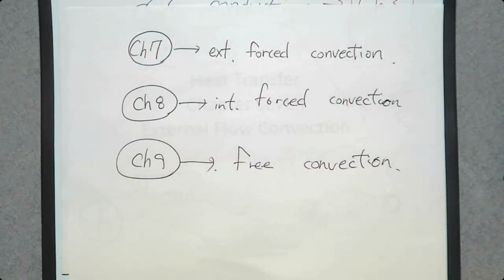External forced convection means there's an external force, maybe a fan or pressure drop or anything that will move fluid over a surface, and the fluid is not confined. Then it is called external forced convection. What about the wind outside? Wind has a velocity, so there is an external force. What is that? The pressure difference. If the pressure in Mount Pleasant is less than the pressure near the northern area, we have the wind from the north, right? And if the surface is open to the wind, then it is called external forced